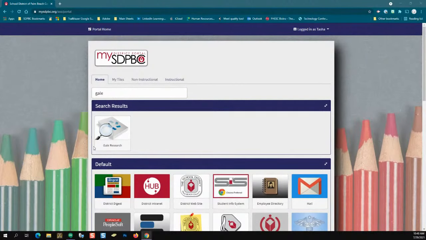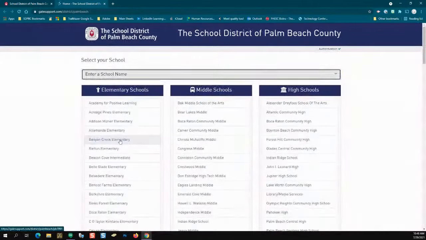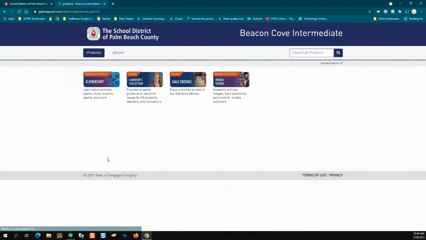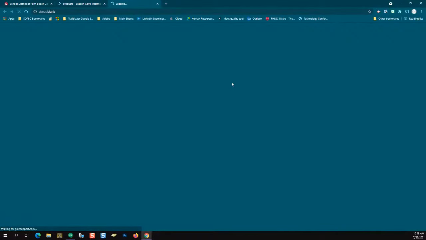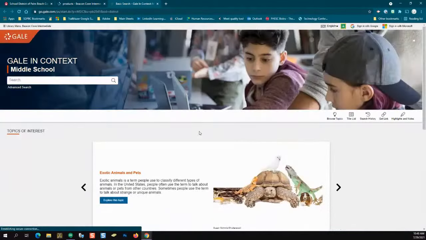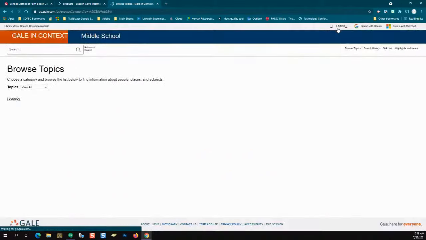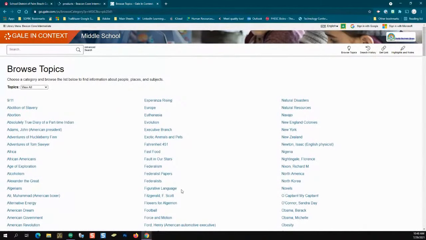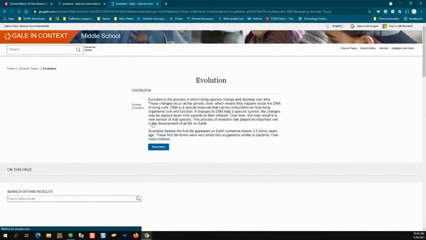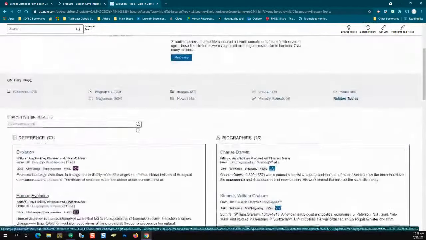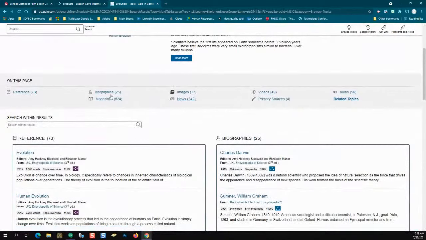I wanted to show this real quick as an extension to this particular lesson, because Gale research databases is something that we all have. Even if I just pick an elementary school, you see here that it has an elementary version. And then for 5th grade, I would even encourage the middle school version. We're just going to pick a topic just to start. There is a specific news section. It's all broken out by different types of sources, but there's a news section.